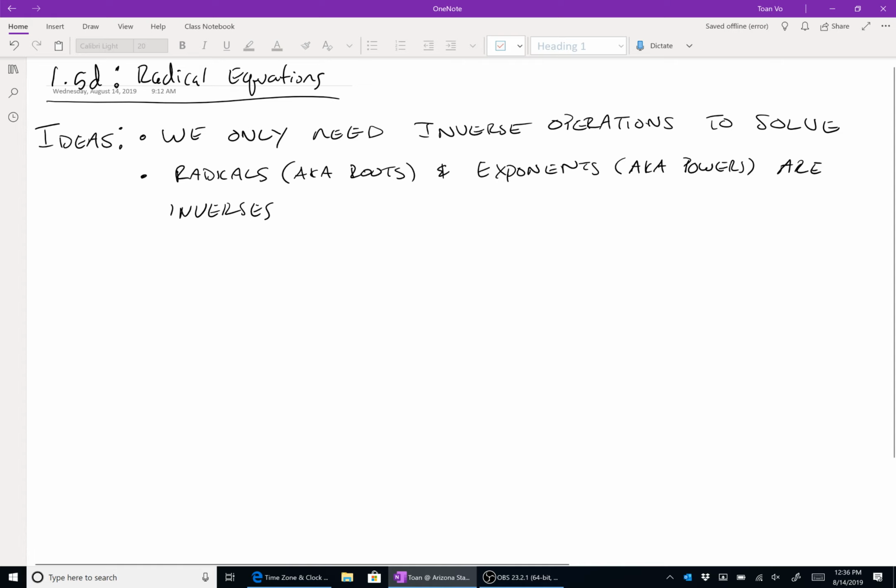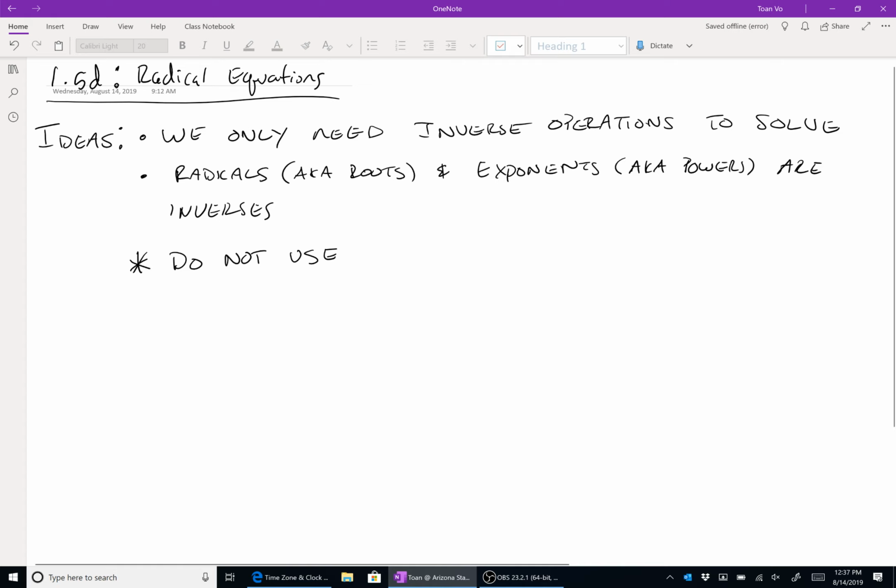To solve a radical equation you just need inverse operations, and knowing that exponents are the inverses of radicals, we're going to be using a whole bunch of exponents. Easy peasy. But I'm going to add one extra little flair that's only specific to radicals. This is sort of like my tip or my hint here. So I didn't do a bullet point, I did asterisks here. Do not